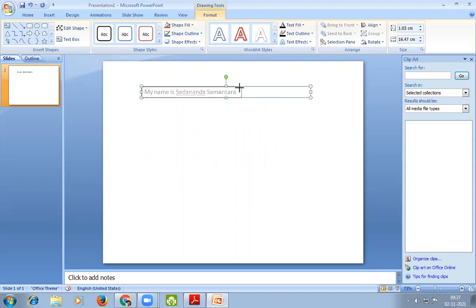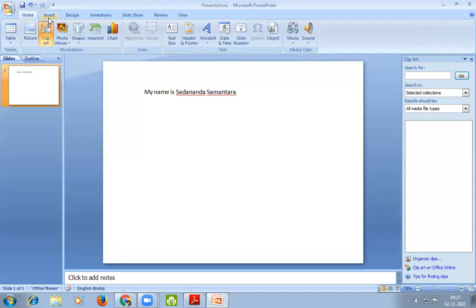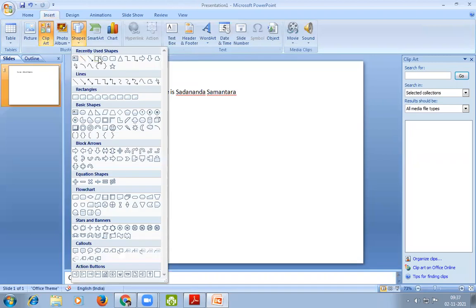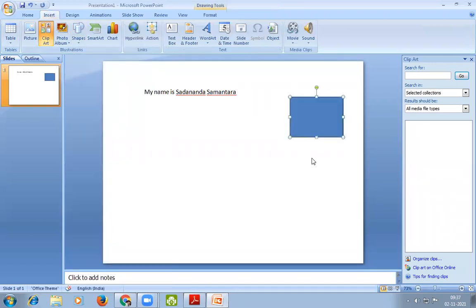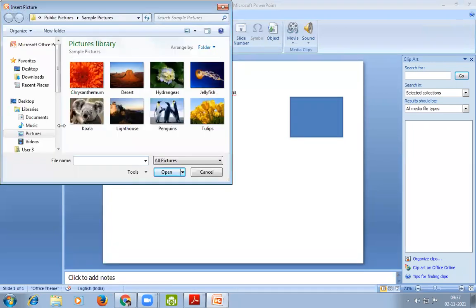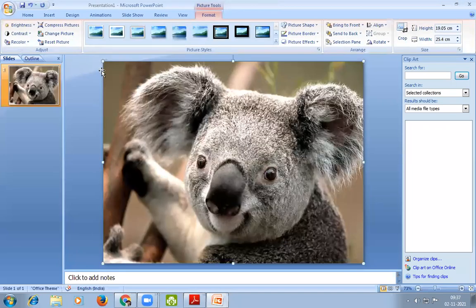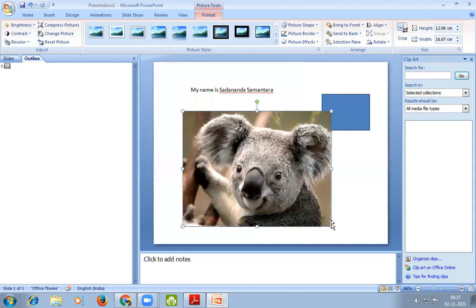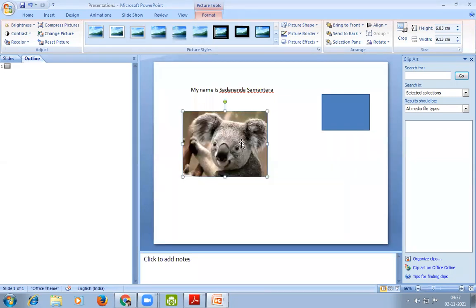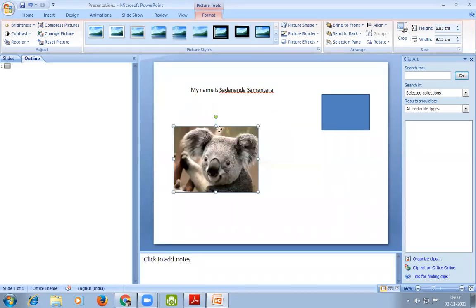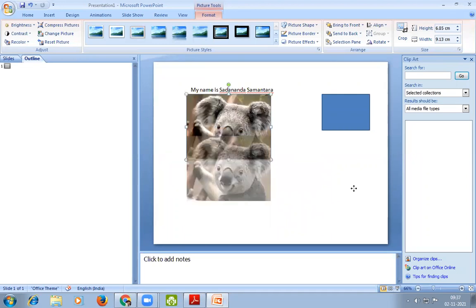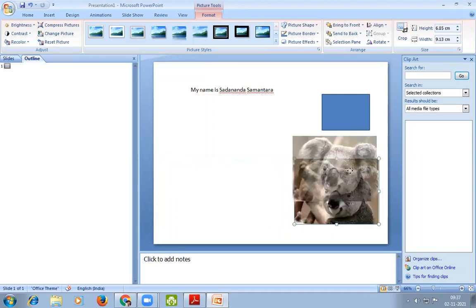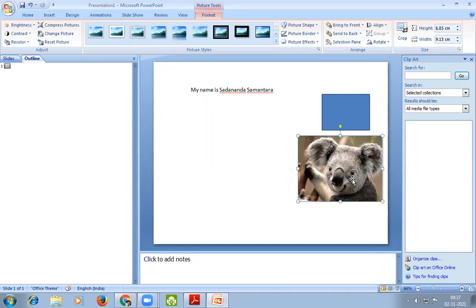You have entered here in a text. Now we will insert a shape here. Now we insert a picture. Okay, by clicking on outline, we can edit, drag the picture, and we can put it in our desired place.